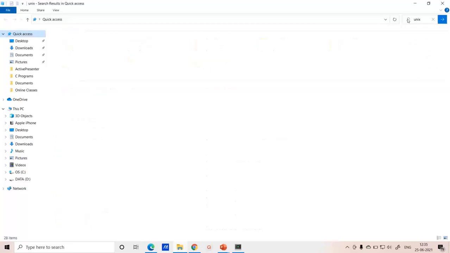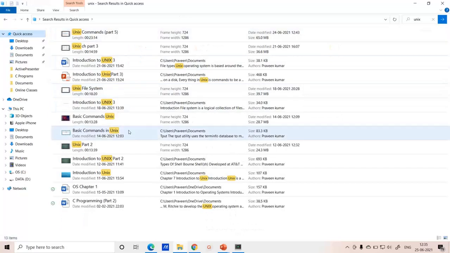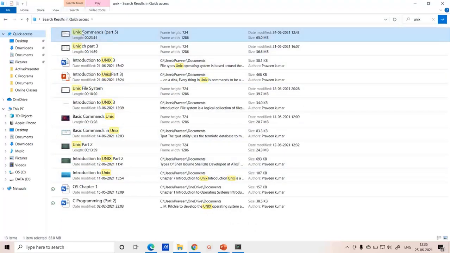Once I write Unix, it will find all the files related to this particular text called Unix, and list all the files. Now, if I write something like hashtag, hashtag is a wildcard that is going to represent zero or more characters.